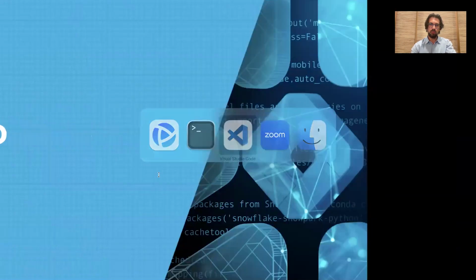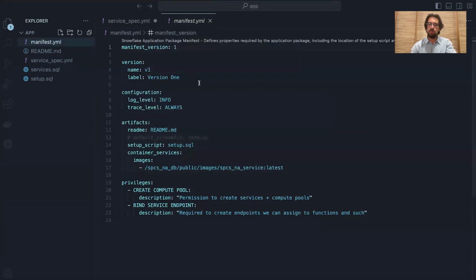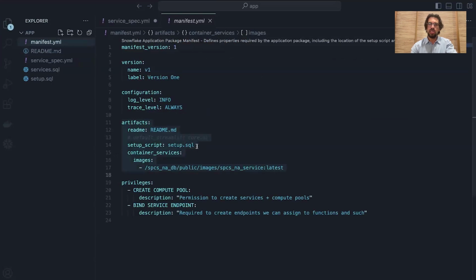So the first part of the demo: I was mentioning briefly the application package in the native apps framework. The main file that defines what's in this application package is the manifest file. And here you see the manifest.yaml. It lists all the artifacts, which are essentially all the files that compose your native application. The README file describes your app, and this will be rendered in the Snowsight UI for people that are obtaining your app. It has a setup script, and that script is going to be used upon application install